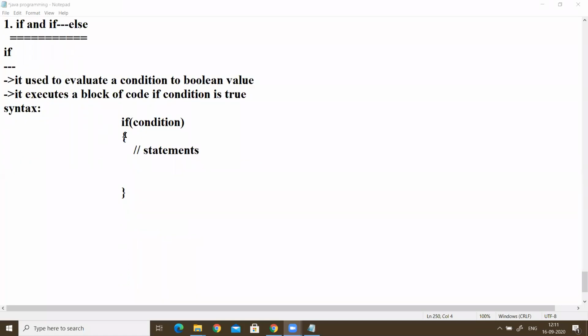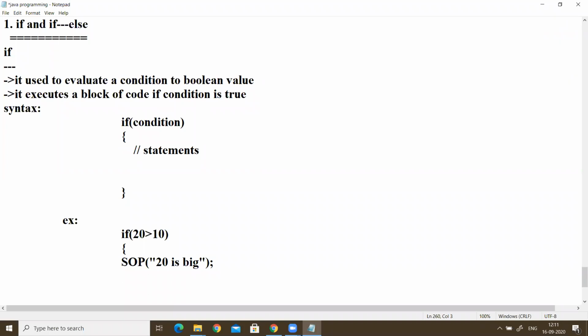Whatever we saw in the C language, in the same way here. So how to write the program for this if? Just see, we can write an example. If, for example, 20 is greater than 10, then we write here the statement System.out.println. So it is the C Java. Then we write System.out.println, SOP, then "20 is big". Just we write here 20 is big.